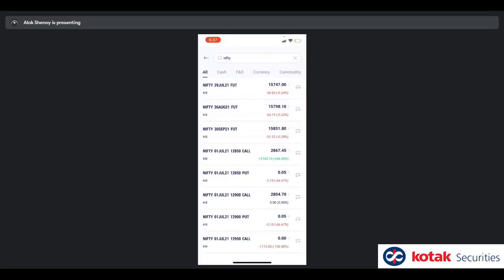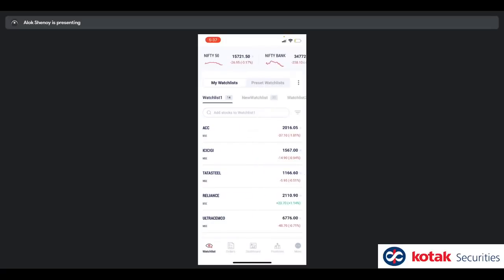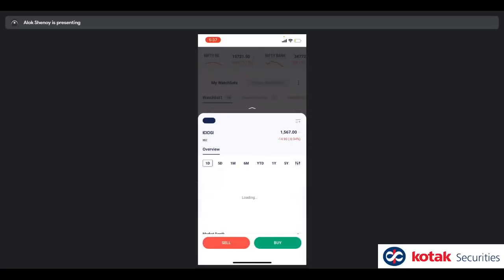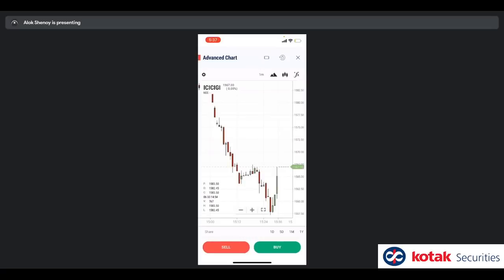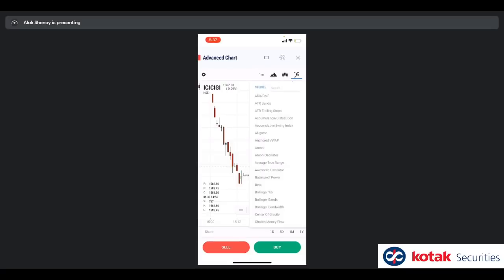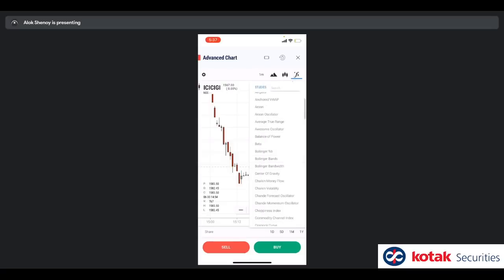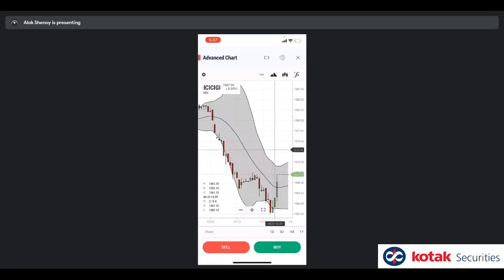Sure. I am assuming the charts have the facility to draw trend lines, supports, resistances, etc. Because a couple of them have asked if these are advanced charts and we can draw trend lines. So let me explain this one again. I started with this, but I think it's a good topic to talk about. If you want to apply studies, click on the FX button on the right below the cross. You get different studies. For example, let's apply Bollinger Band to this one.